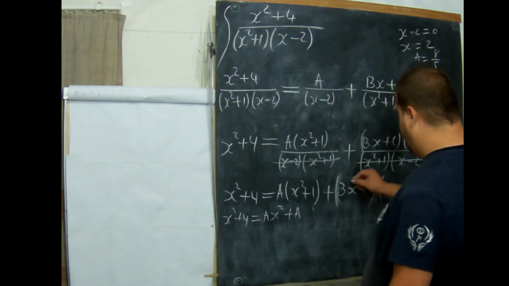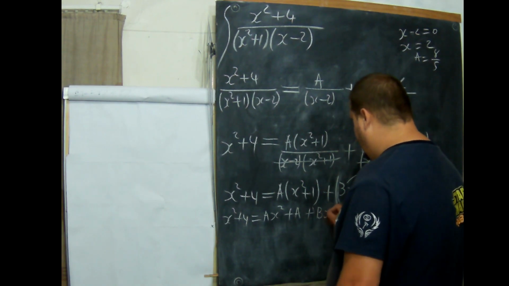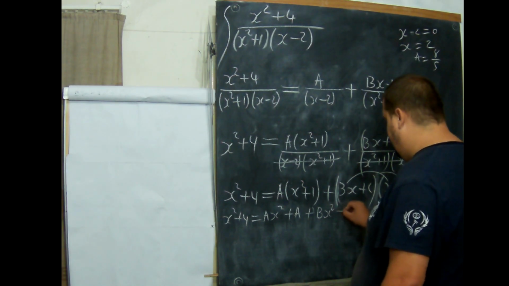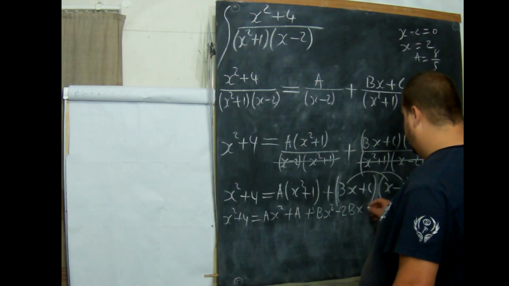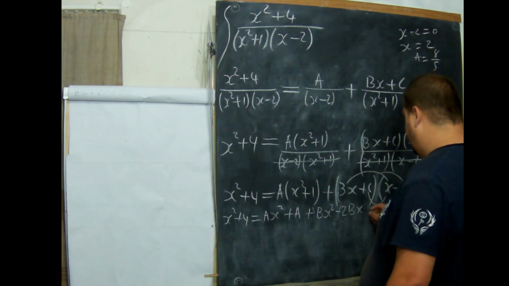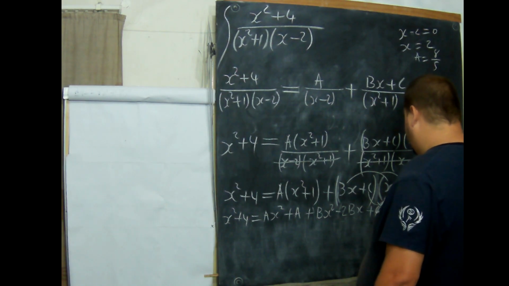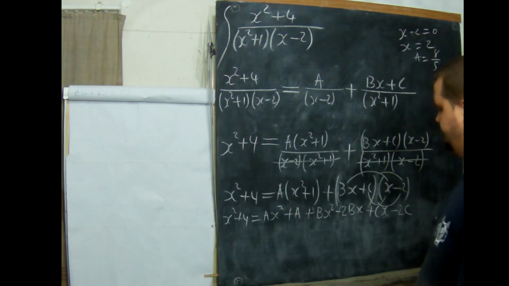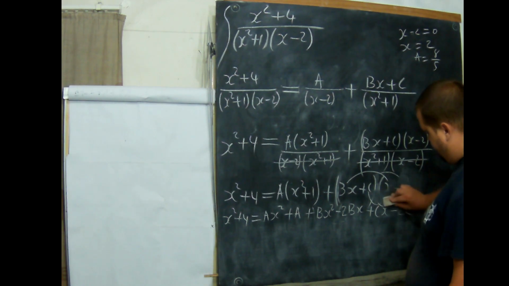Now we do this, now bx times x is plus bx squared, plus or minus 2bx, plus cx, minus 2c. Okay, now that that's all sorted out,